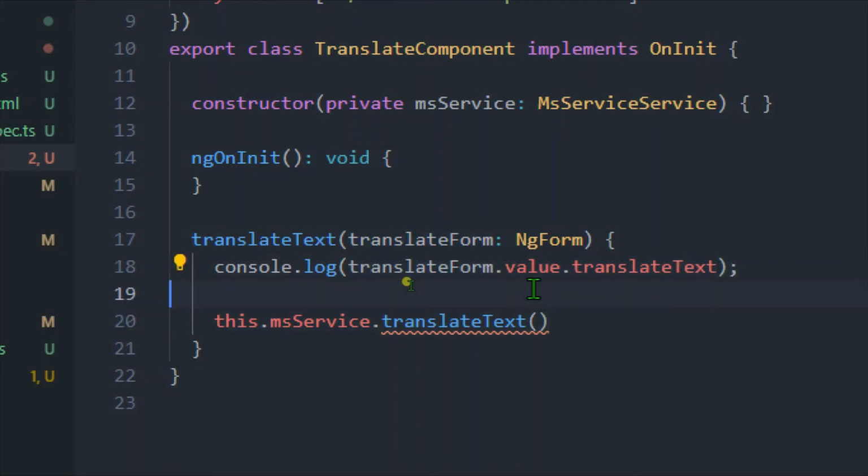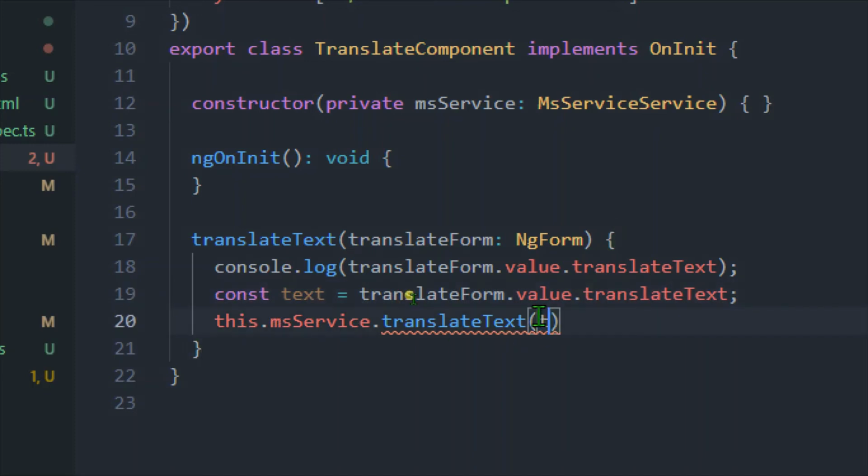Let me copy this one, paste it on the line below, and save this into one variable like text equals this, and let me remove this error, and pass this text variable over here. Let me subscribe to this, because this is the HTTP post call, and every HTTP call in Angular returns an observable, and we need to subscribe to that observable.